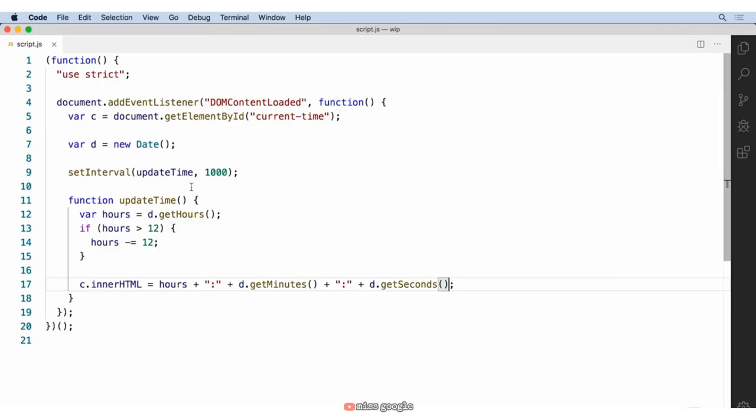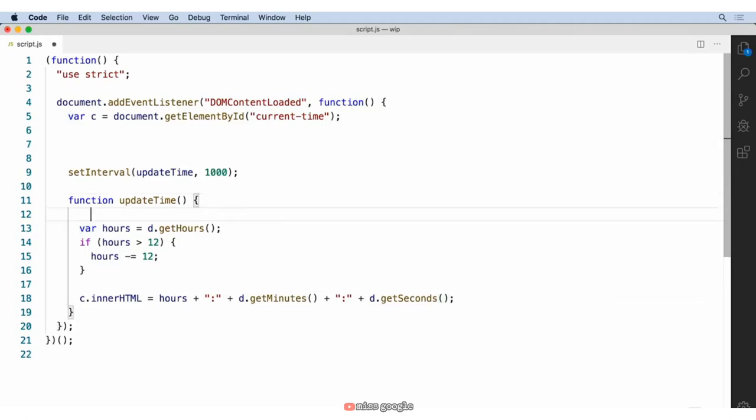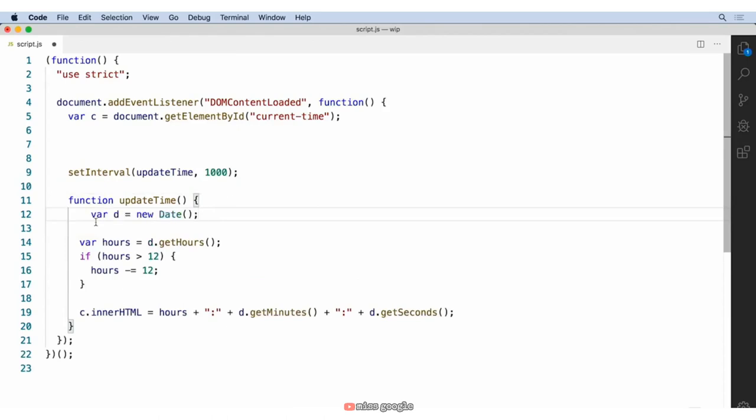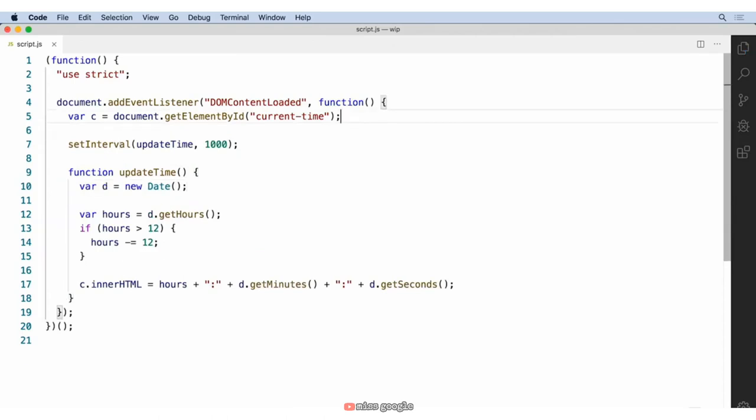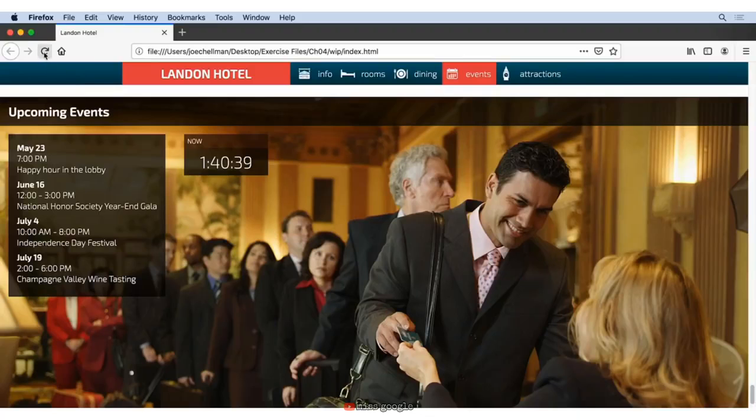And the bug is that every time this function is called, we're always referring to the same date object that was created outside of the body of this function. So no matter when we call it, we're always just rechecking the same exact timestamp. To fix this, we need to bring this instantiation of the date object inside this function. So every time it's called, we will truly get a new date. Okay, save that again, go back and refresh. There. Now we have a time that is updating itself,